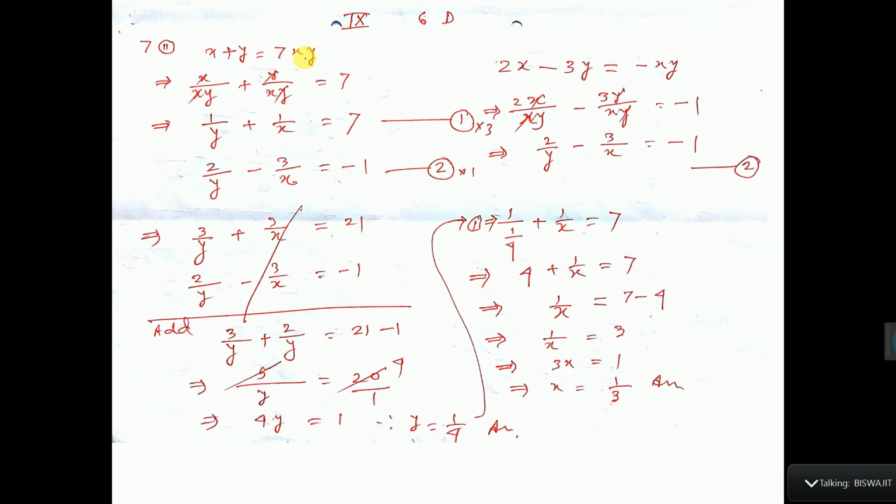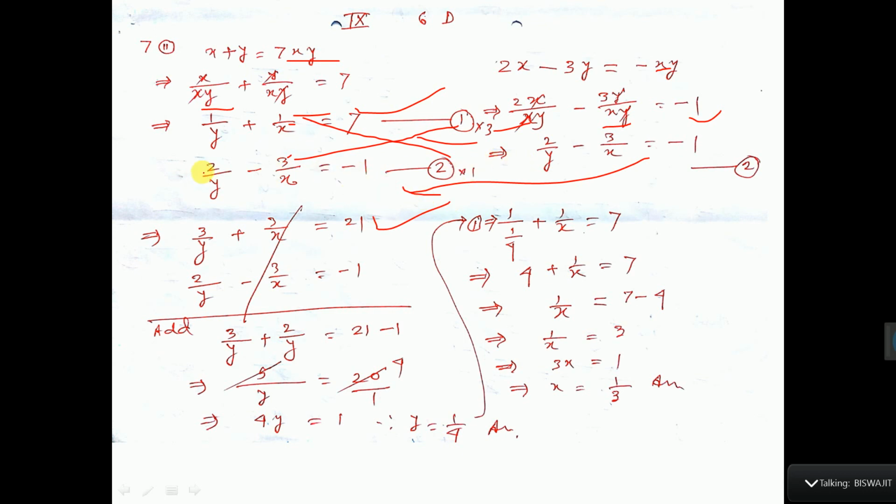Now 7 part 2, see, first equation I divide by xy, then it is coming 1 by y, it is coming 1 by x equal to 7, and here also you divide by xy, every equation divide by xy. So here also by xy means minus 1, here 3 by x, here 2 by y. So this is equation number 1, this is 2. So 2 you write here. Now see, here 1 and here 3. So I multiply this equation by 3 and this equation by 1. So 3 into 1 by y, that is 3 by y. 3 into 1 by x, that is 3 by x, equal to 3 7s are 21. And 1 into equation 2 means same equation will be there.